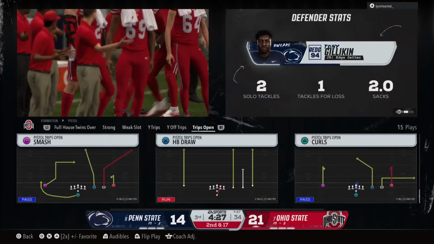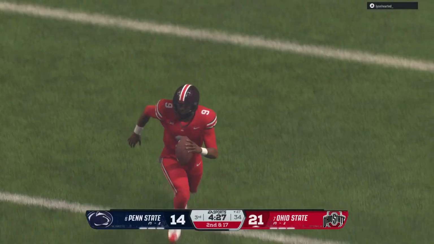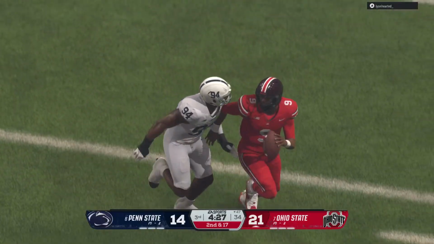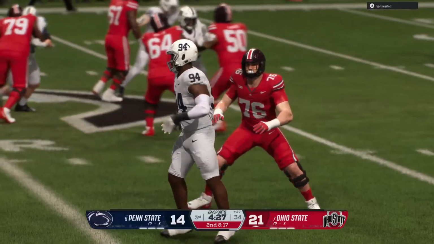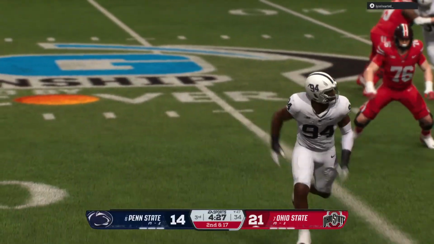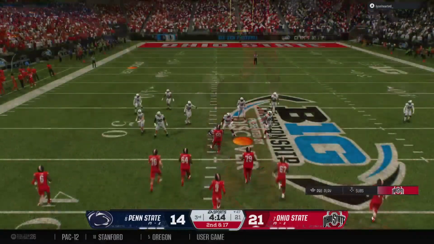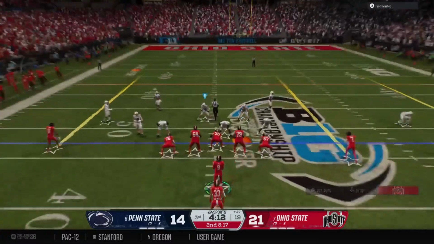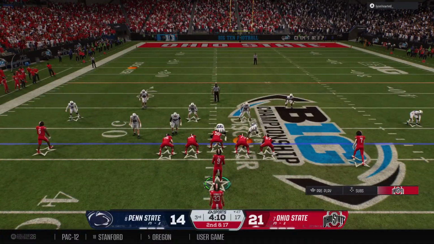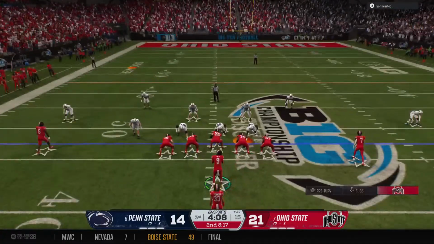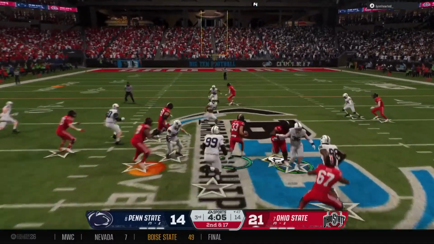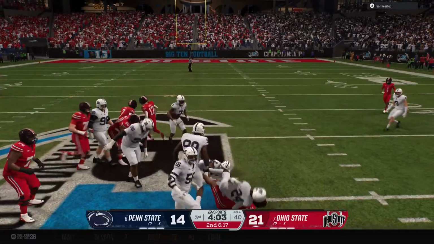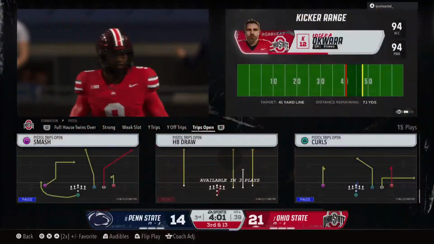Well, the offense tries to go with a play action to slow this defense down, but they weren't buying. They applied the pressure, came up with a sack. The sack on first down. It's second down. A draw to the back. And that's a solid gain before the defense is able to bring him down.